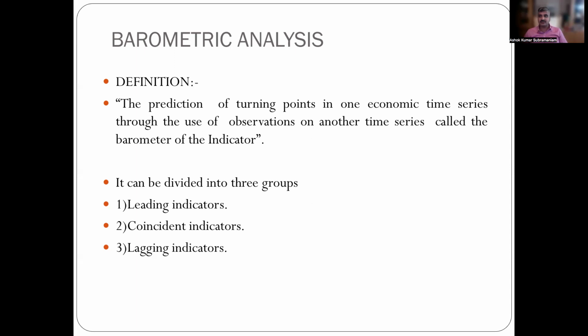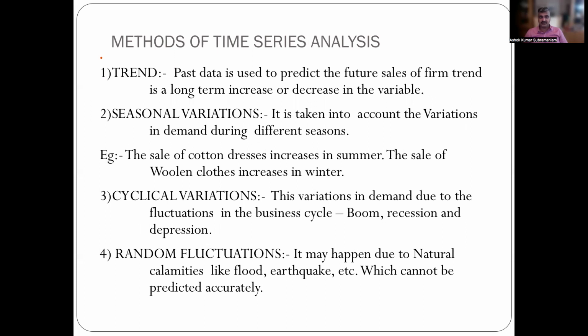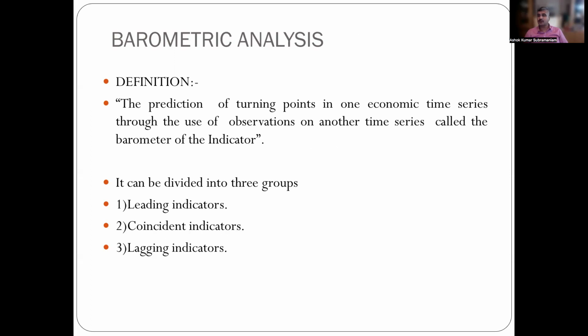Time series analysis clearly tells what your trend is, what the seasonal variations are, what the cyclical variations are, and what your random fluctuations are. Barometric analysis is purely the prediction of turning points of economic time series from one point in time to another point in time. For example, in the month of January 2022, what the economic time series was, and the same in January 2021, what the economic condition was. Comparing these two, coming to a conclusion whether it is a lagging indicator or a leading indicator or a neutral coincident indicator. Accordingly, you can produce the number of products. So this is how a